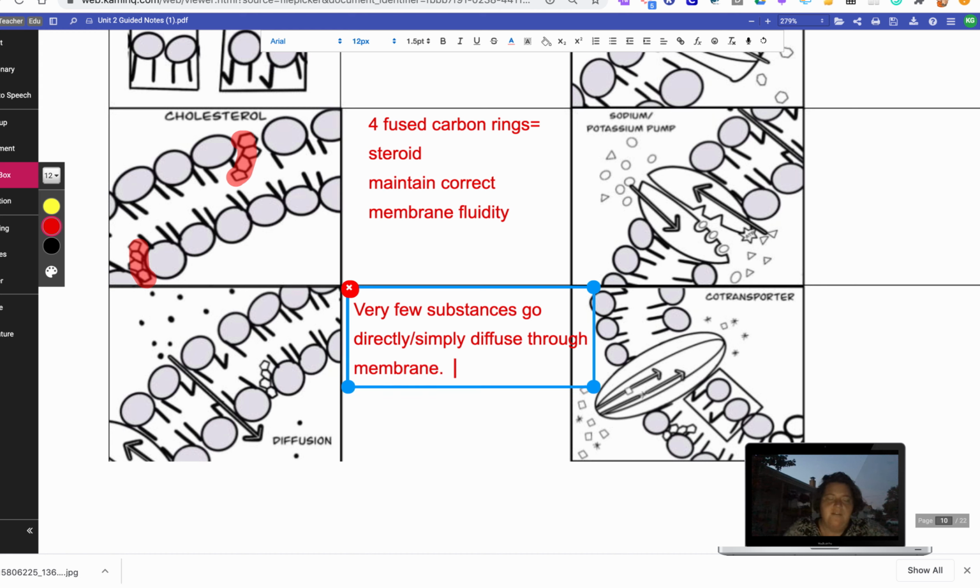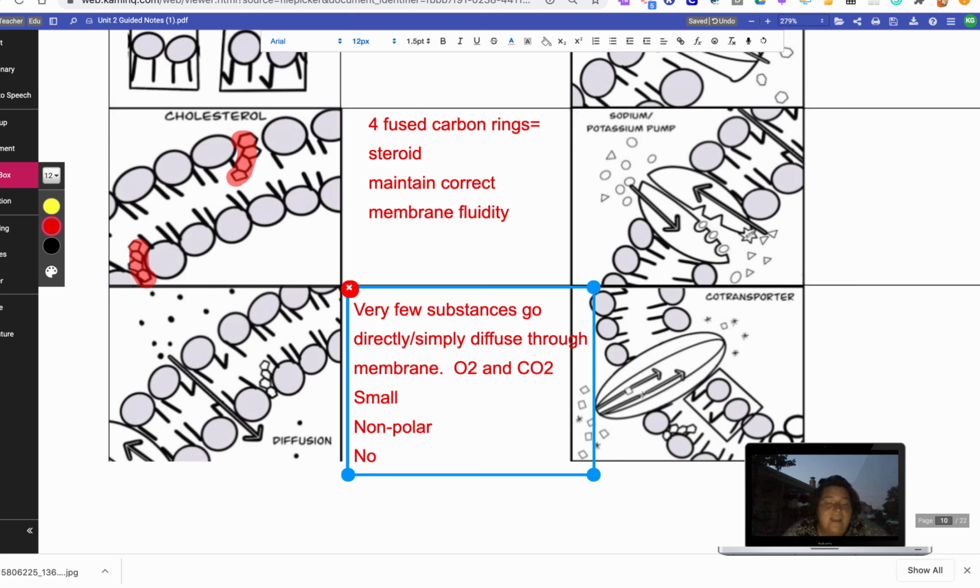But there are a couple that are very important: oxygen and CO2. To a certain extent, water, but not too much water, can get through. The reason why things can get right through the membrane is that they have to be small and they have to be non-polar